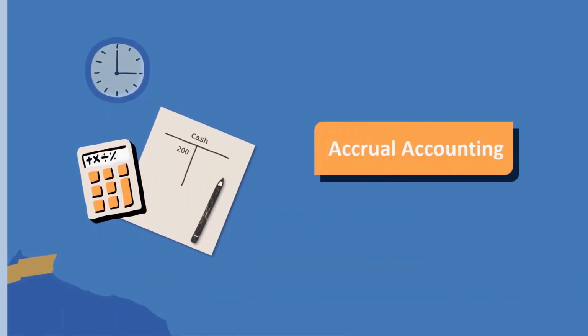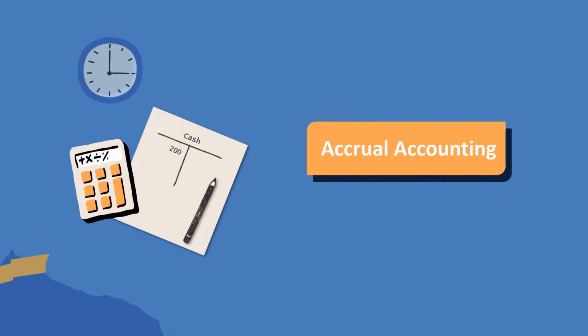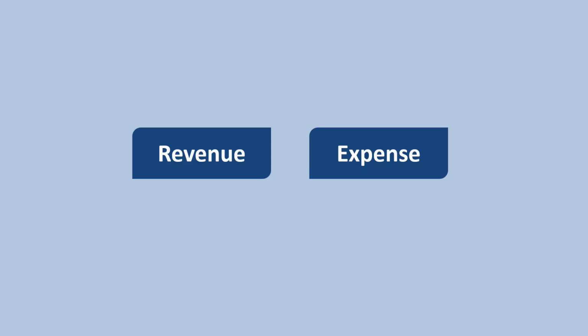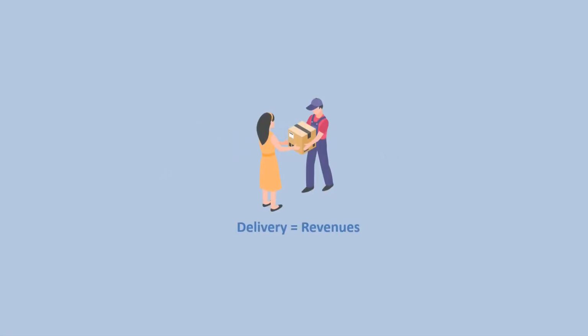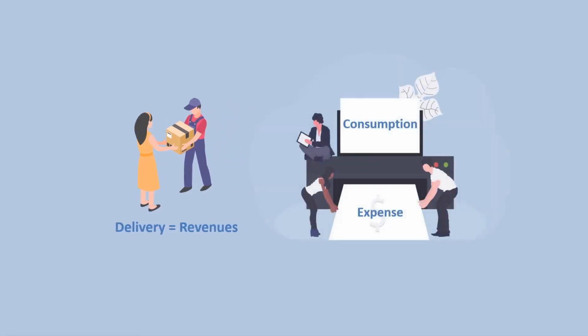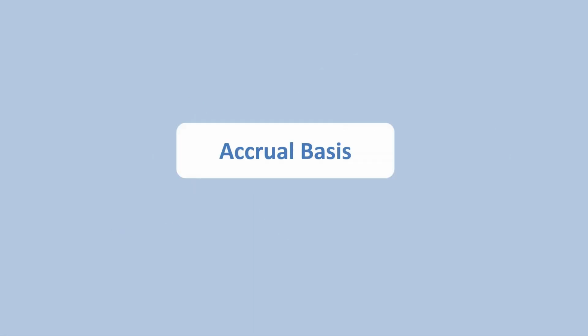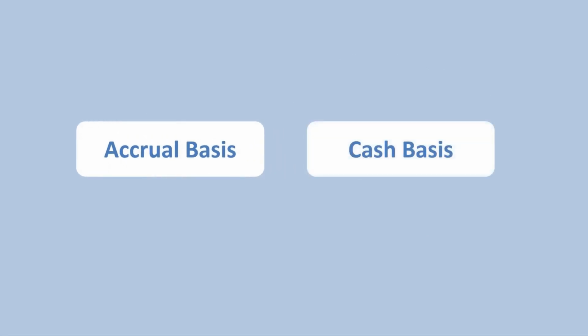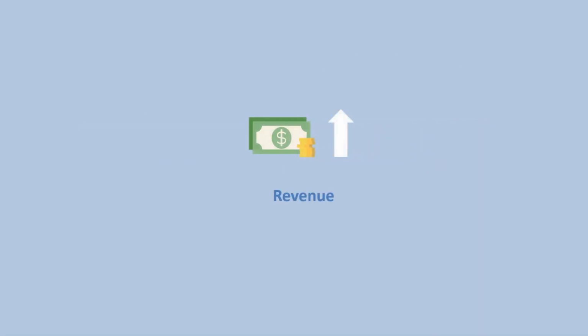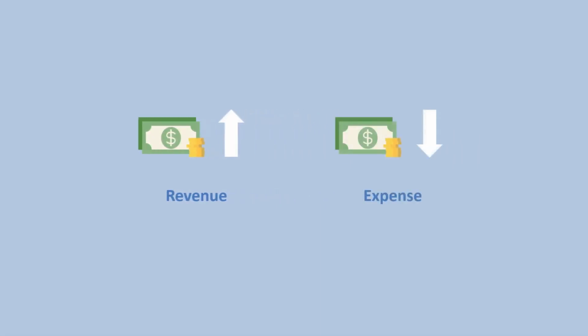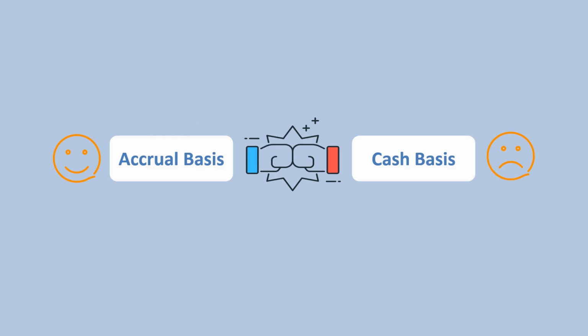Now let's wrap up today's episode with the concept called accrual accounting. In Episode 4 and this episode, we've unlocked the secrets of recognizing revenues and expenses. Revenues get recognized at the moment of product delivery. Expenses get recognized when there is resource consumption. This recognition method is known as the accrual basis, the cornerstone of the modern accounting language. But hold on. There's another player in the game, cash basis. In the cash basis, revenues are recognized when cash flows in, and expenses are recorded when cash flows out. However, the big leagues of accounting prefer the accrual basis for its precision.